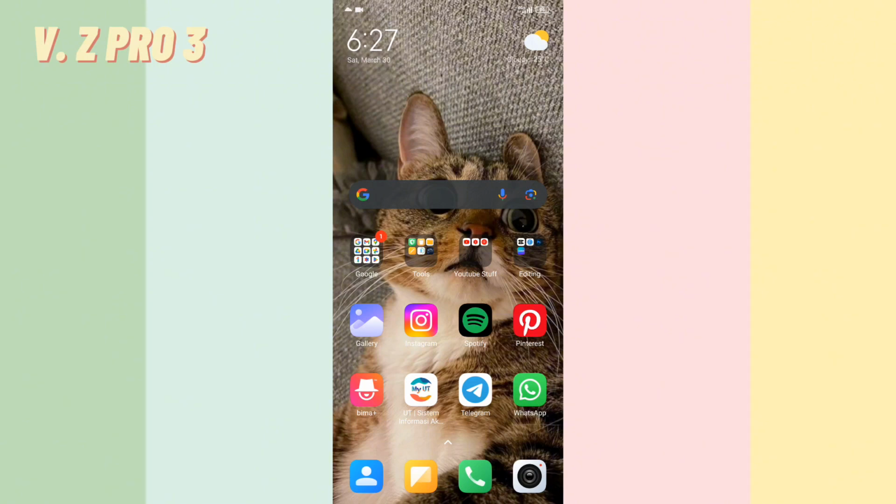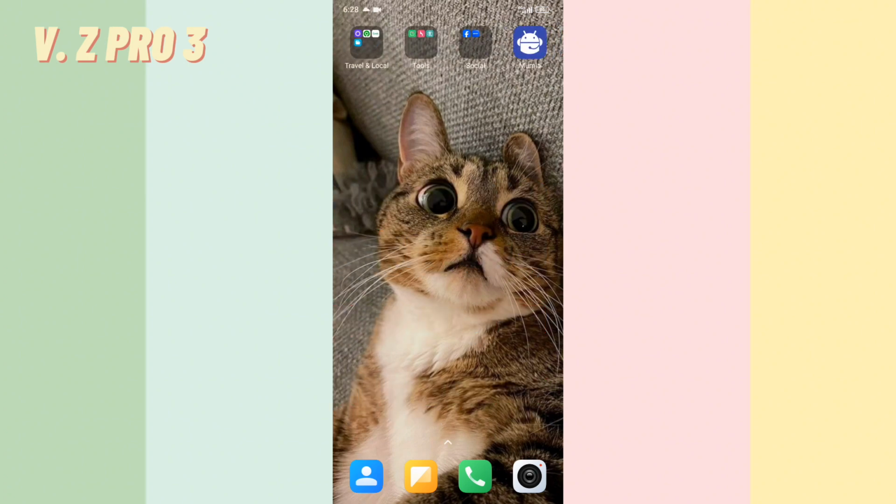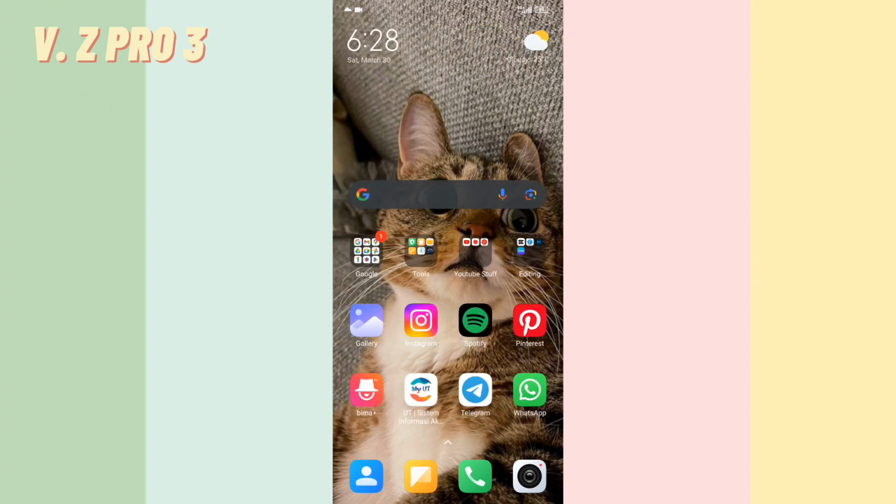Now, thanks to Instagram chat themes, messaging on the platform has become a lot more fun, customizable, and visually appealing. So if you want to change your Instagram chat themes, before that, make sure that you